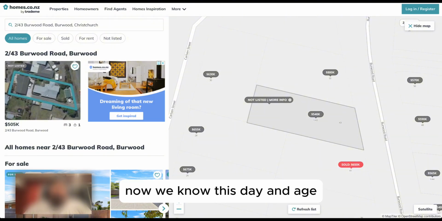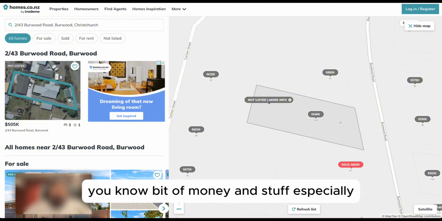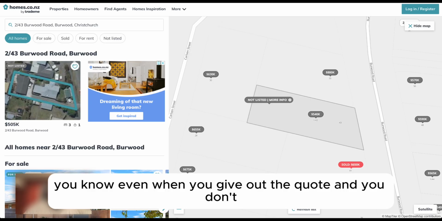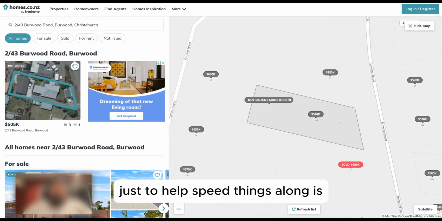Now we know this day and age, traveling to site can cost a bit of money, especially when you give out the quote and you don't get the job. So what I do, just to help speed things along, is